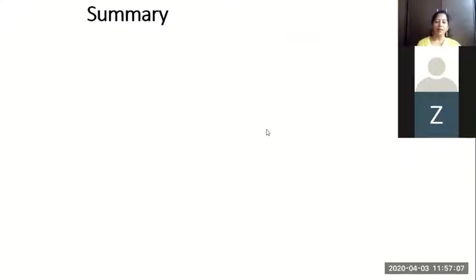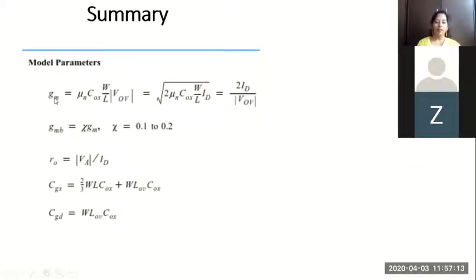So in summary, what we have discussed, let's see here. gm, these are old formulae. If possible you remember, otherwise remember only the last one, 2Id by Vov, and the second one gmb we are anyway going to neglect. You can skip that. r naught, the output resistance, all these are the parameters in the equivalent model. r naught is computed as the channel length modulation voltage, Va divided by Id. Remember, Va can also be written as 1 by lambda many times.